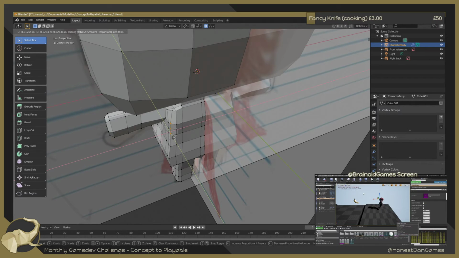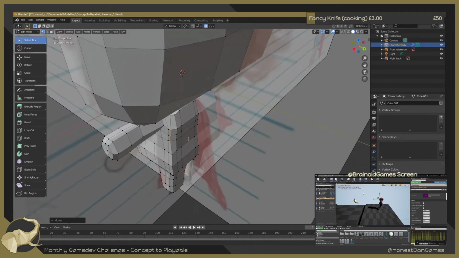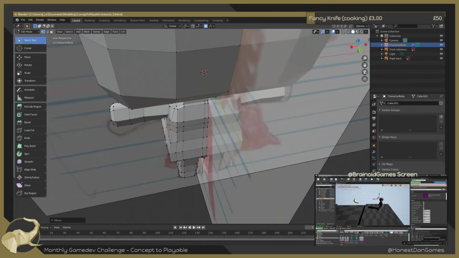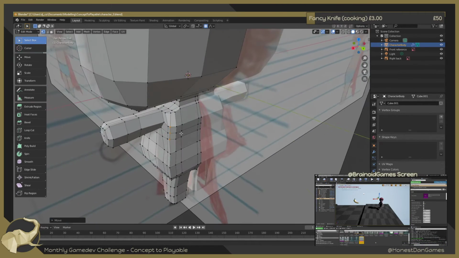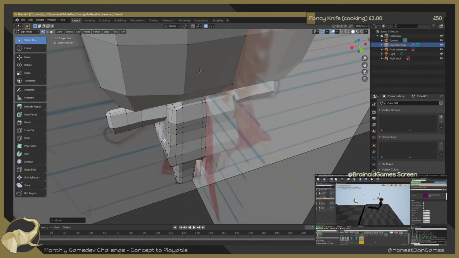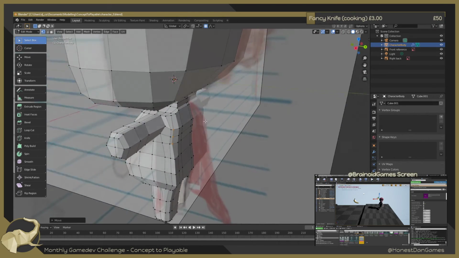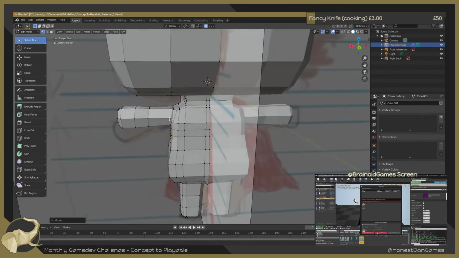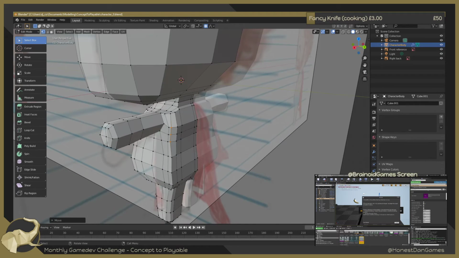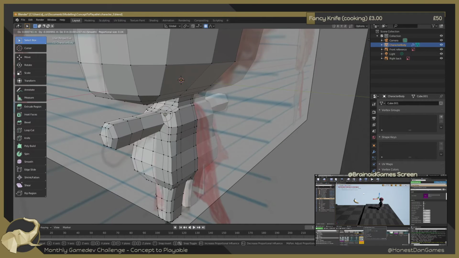The weight of the... not great. Kind of working. There's too many vertices here, making it a bit complicated. It doesn't need to be really well done, but